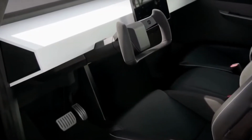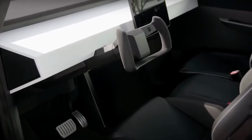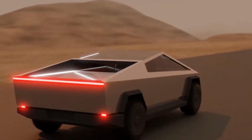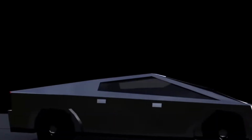While many standard features and options haven't been disclosed, the first images show a slab-like dashboard that is solely dominated by one large touchscreen. Its squared-off steering wheel looks to have some sort of illuminated display, but nothing has been confirmed. The Cybertruck will also be able to seat up to 6 people, with its 6.4-foot cargo bed offering 100